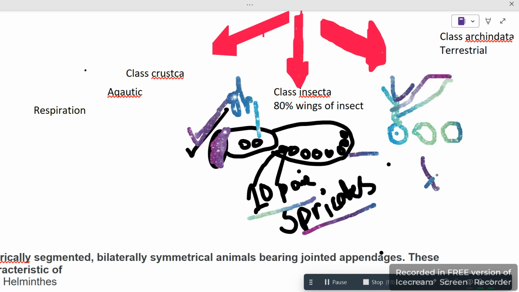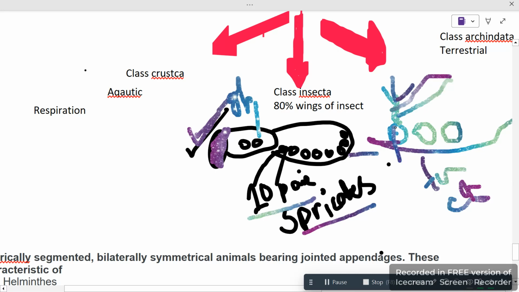T R. Oh God. Tracheoles. I'm not writing right now. That is tracheoles. Then O2 will enter through the trachea. This is the outer covering in the body. O2 will enter in the body. Then the trachea will catch this. This is the trachea. Then the trachea will send this to the other parts, the tracheoles, and then these tracheoles will give